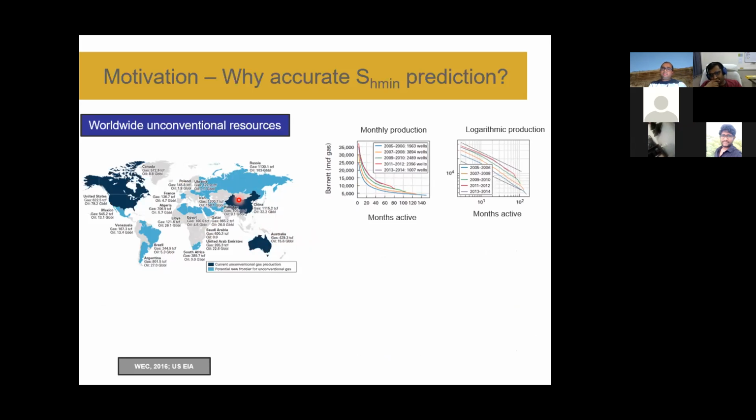So this is the example I'm showing for a Barnett shale with months of activity rates. If we see here, as soon as the production started, within a 20-month time there is a rapid decline. Then it's still continuing as a flat line. It will be more clearer if we plot it on a logarithmic scale. So the obvious reason is considered. Yes.